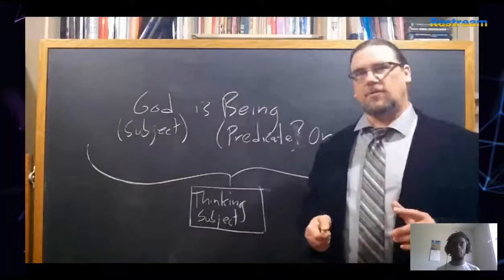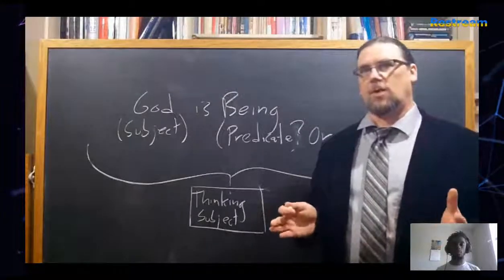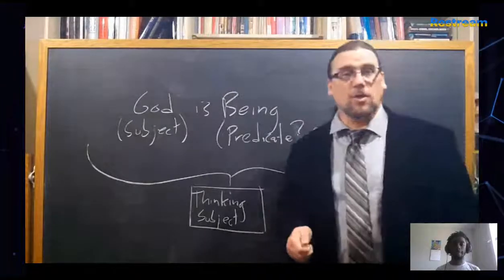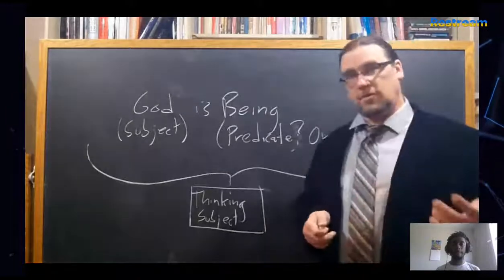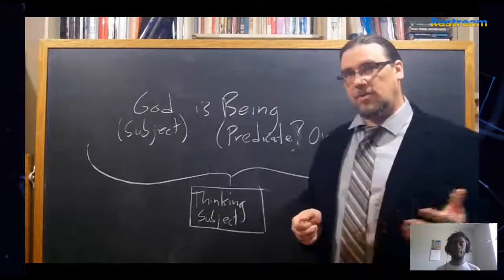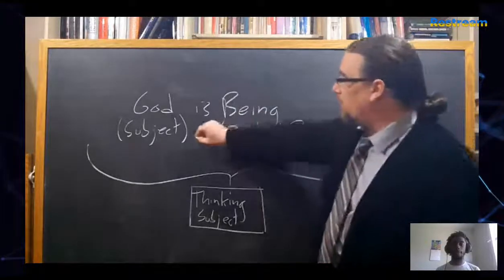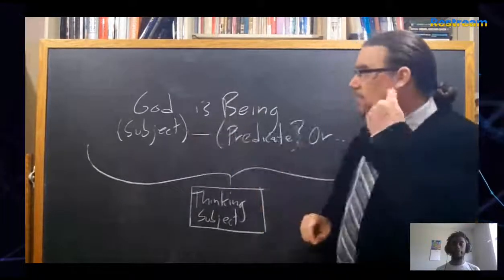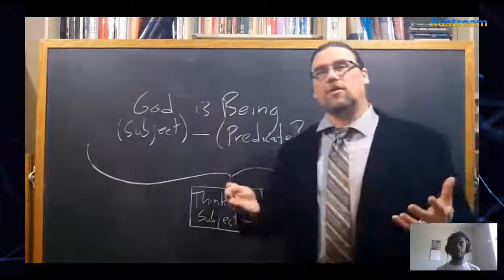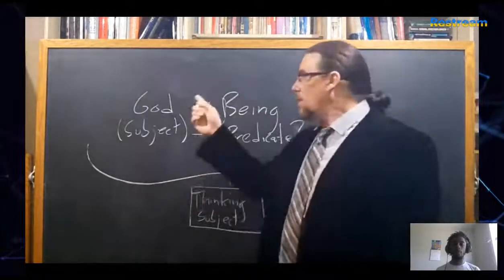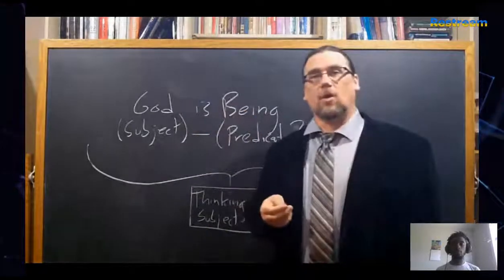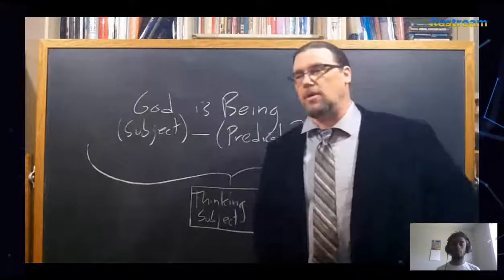In section 62, Hegel is giving us a very helpful illustration, actually two illustrations, of what he's just been trying to get across to us in the last several paragraphs. And again, we're dealing with subject and predicate relations. He wants to say, consider this example: God is being. Why would somebody say that?